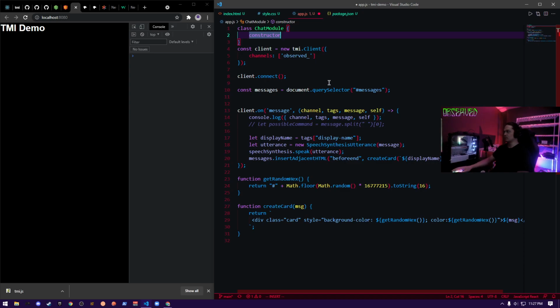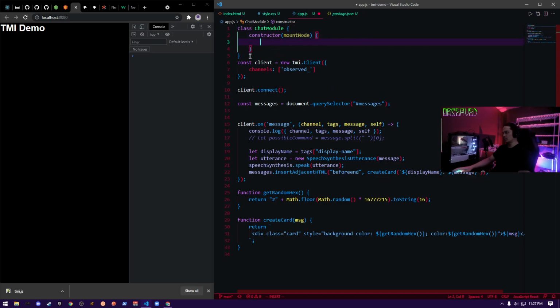Like for instance, this thing right here. Copy. Constructor. We can have like a mount node here. And then we can have this dot mount node equals mount node. And then here, instead of messages, go mount node.